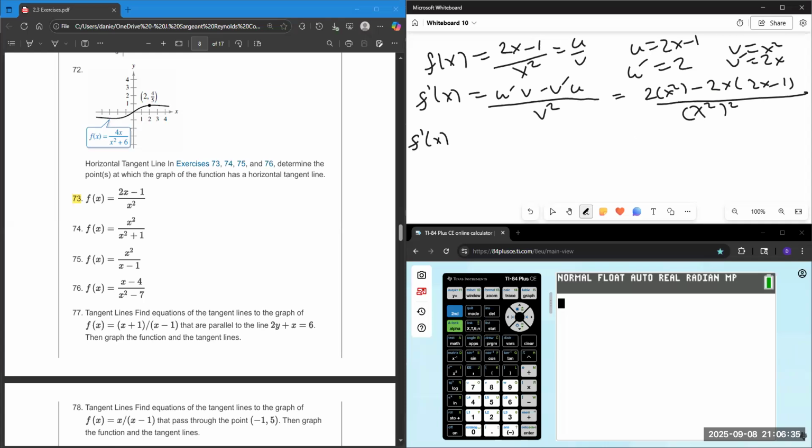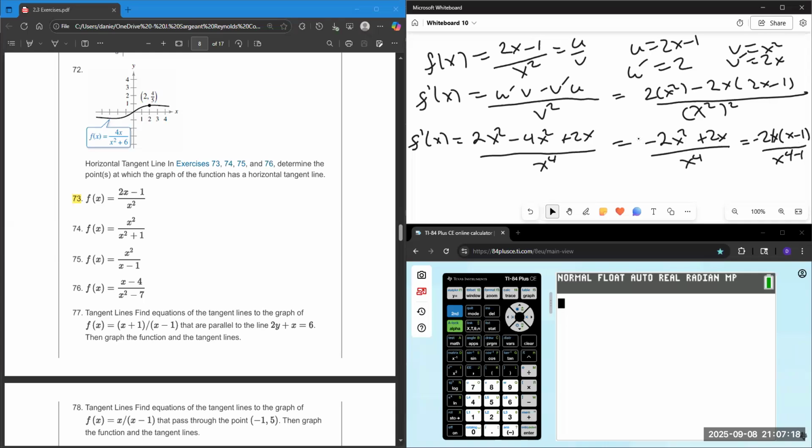F prime of x is 2x squared minus 4x squared plus 2x over x to the fourth, which is negative 2x squared plus 2x over x to the fourth. The common factor of x in everything will be x times negative 2x plus 2. I'm going to pull out a negative 2x here, times x minus 1 over x to the fourth,